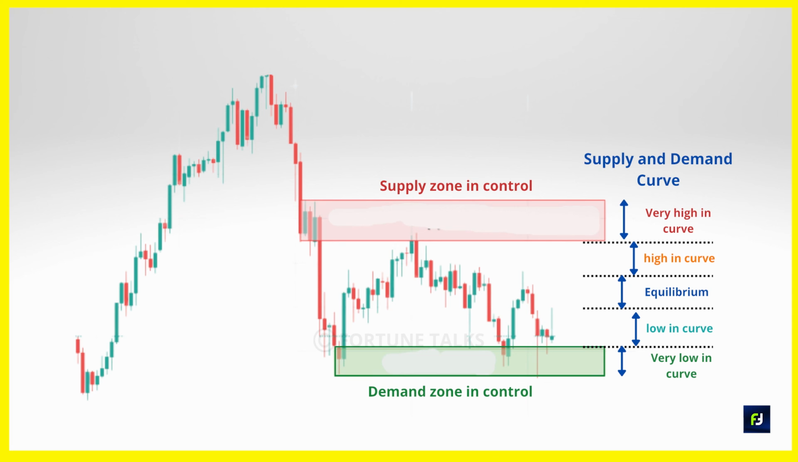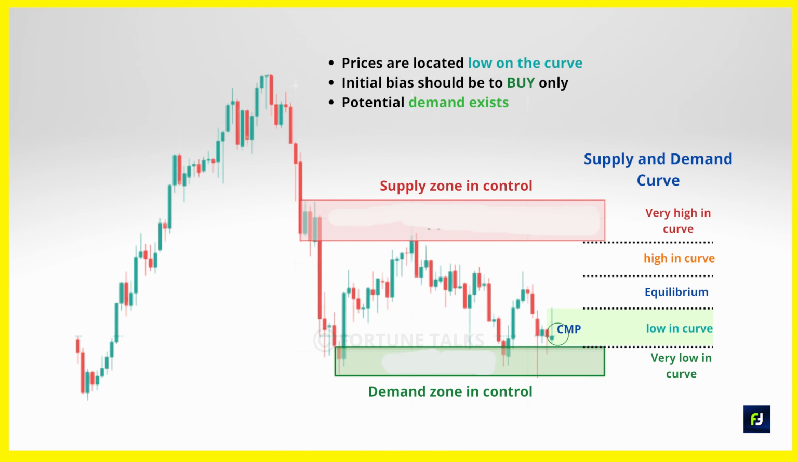So in the chart, we locate the current market price. We look up and down to identify the closest supply and demand zones that we have drawn. Now after identifying the curve, we can clearly see where the price is located. If the price is located near the demand zone, we say that the prices are low on the curve. When the prices are located low on the curve, our initial bias should always be to buy only. As the prices are low, the demand is always going to be high. So the price has a potential to move